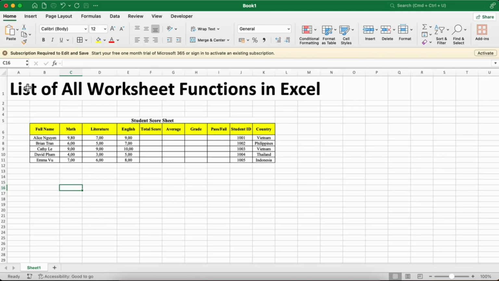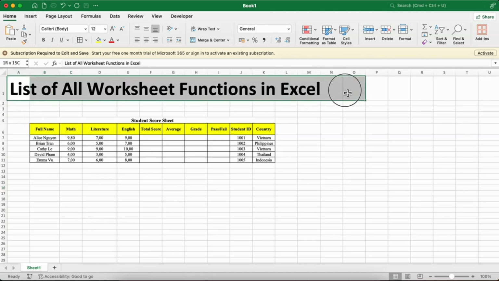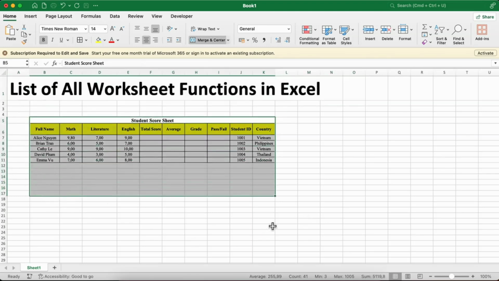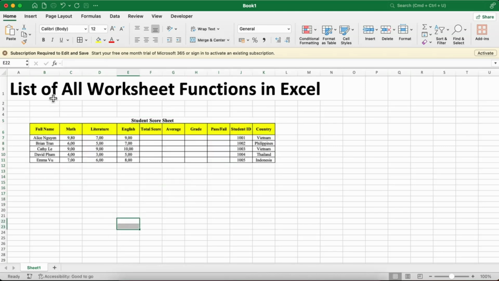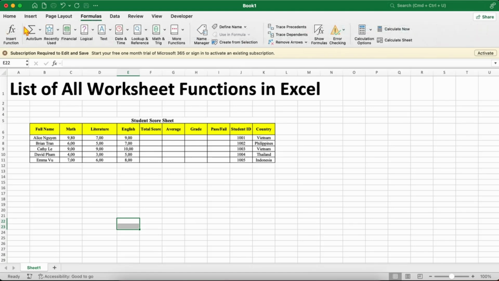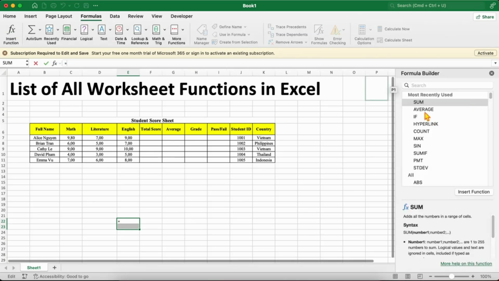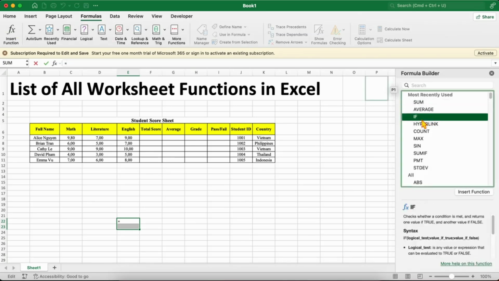To explore available functions, go to the Formulas tab and select Insert Function. This is one of the fastest ways to view and access all the functions provided by Excel 365. Once you open the Insert Function dialog box, you will see a complete list of functions categorized by their purpose. These functions come with descriptions and their syntax, making it easier to understand how they work and when to use them. This built-in feature of Excel is a powerful tool for anyone who needs to work with calculations, data manipulation,